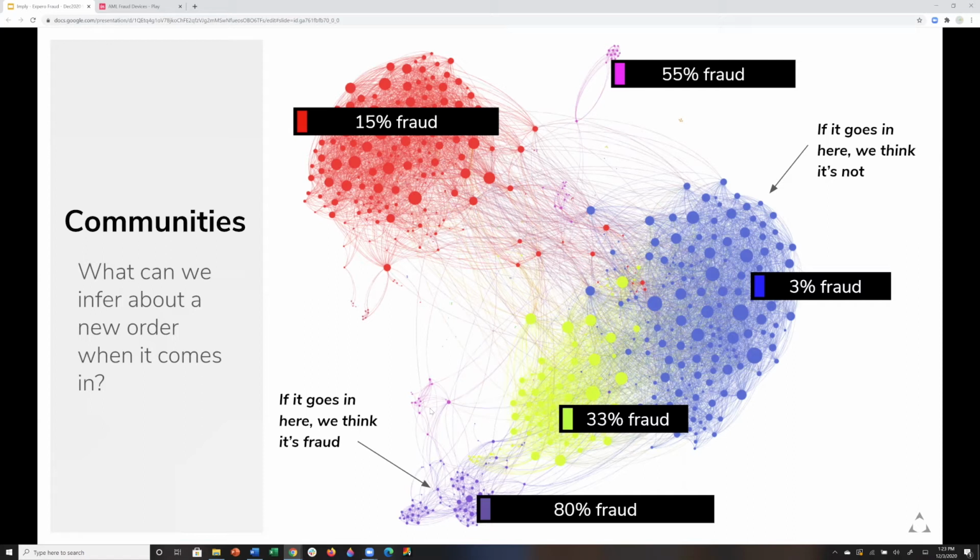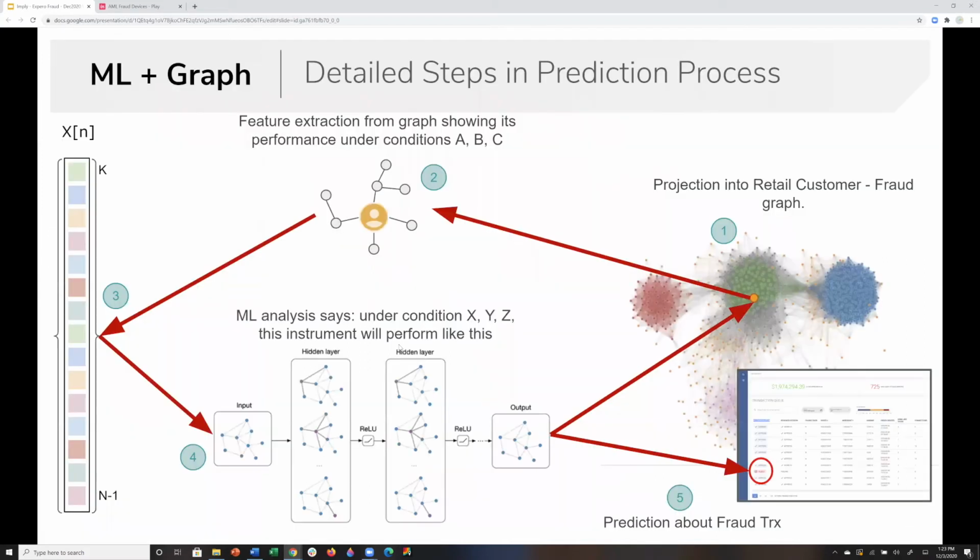So really, what we've done is with nothing more than comparing it against my existing corpus of information, I've now gotten two other pieces of data that will allow me to make better decisions on this new incoming transaction. Number one is the suite of shared features that I may have with existing good and bad orders. And then the second one is an algorithmic computation that suggests that I'm either part of a good community or a bad community. So on the next slide, you'll see how we begin to take this.